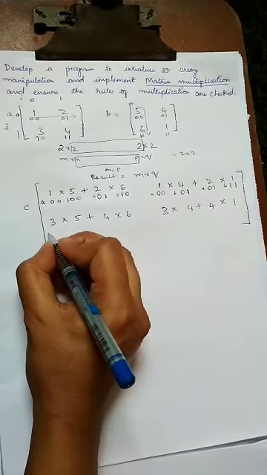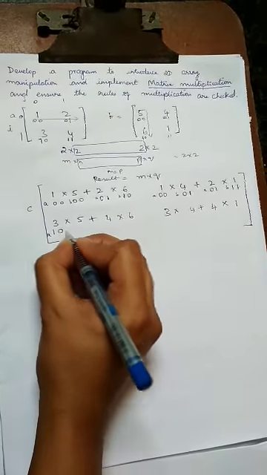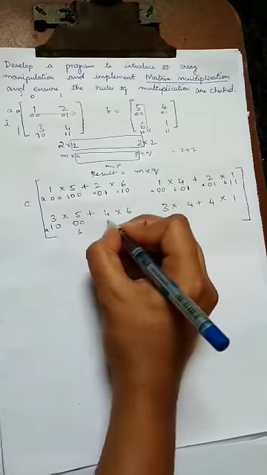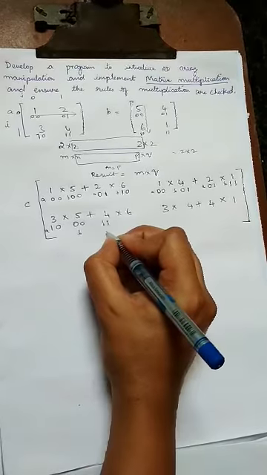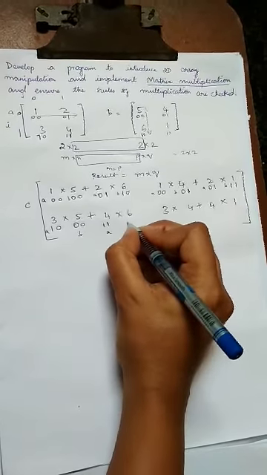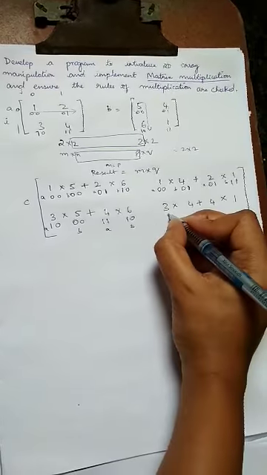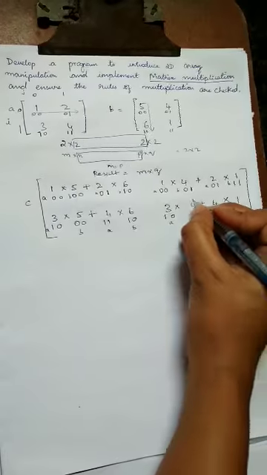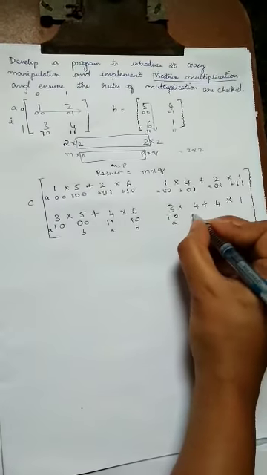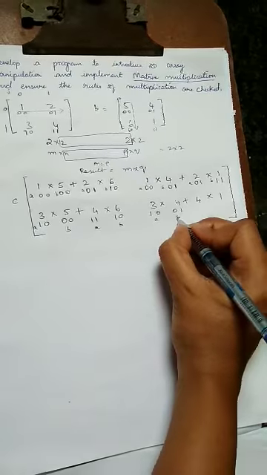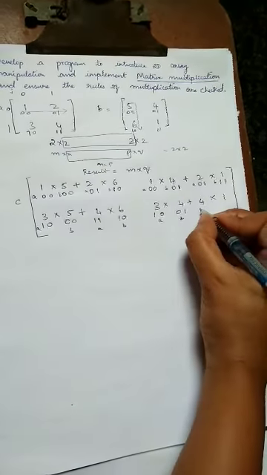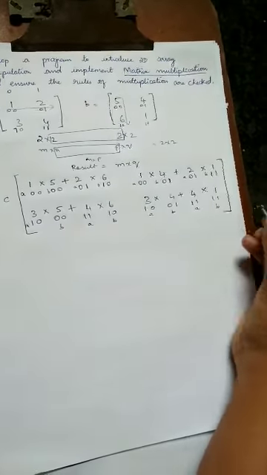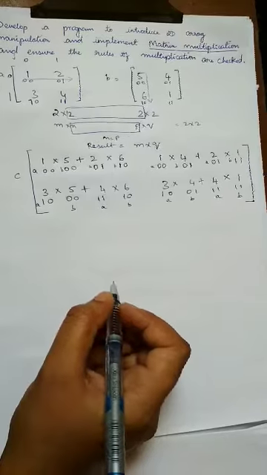Same way 3 I am going to get from A of 1, 0, and then 5 I am going to get from B of 0, 0. 4 from A, 6 from B, okay. 3 again from A, and then 4 from B of 0, 1, right? And then 4 from here, that is A of 1, 1, and then 1 from B of 1, 1. So this is how you do matrix multiplication.